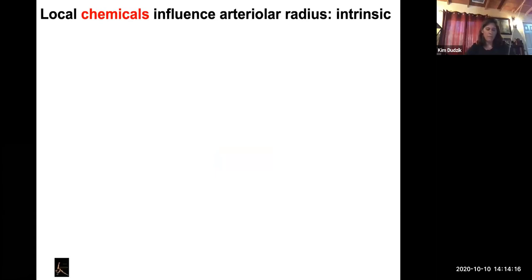Okay, so how does this happen? Well, intrinsically, how we control our arterioles has to do with the chemicals that are either building up or decreasing in that localized area where the organ is doing work. So what chemicals? Well, again, we're talking about things like oxygen and CO2, things that our tissues use when they're doing work. And so that is a kind of signal to the arteriole whether an organ is doing a lot of work or a little bit of work.